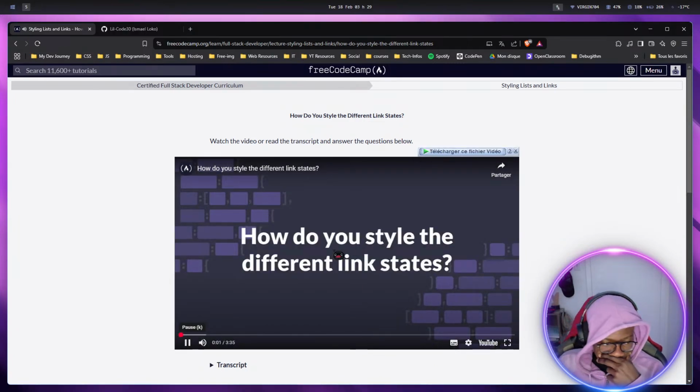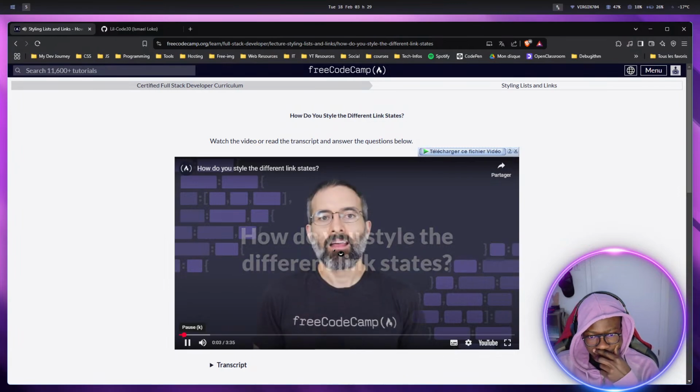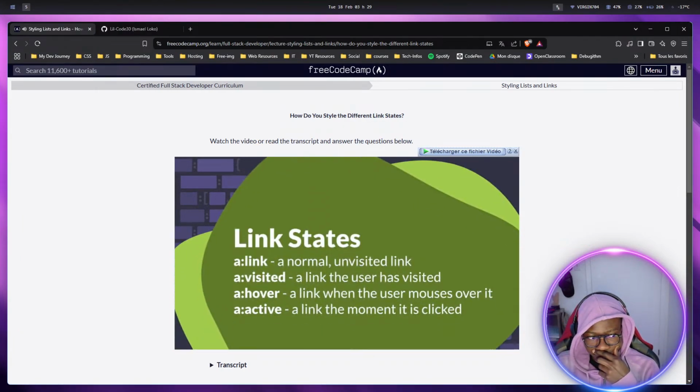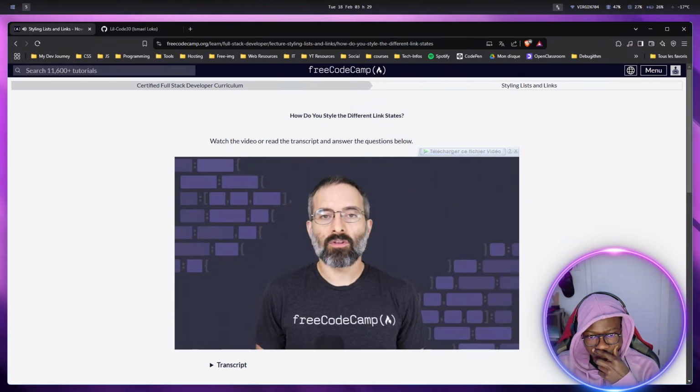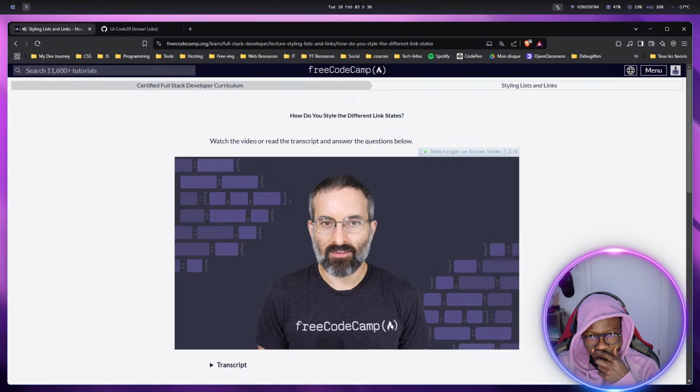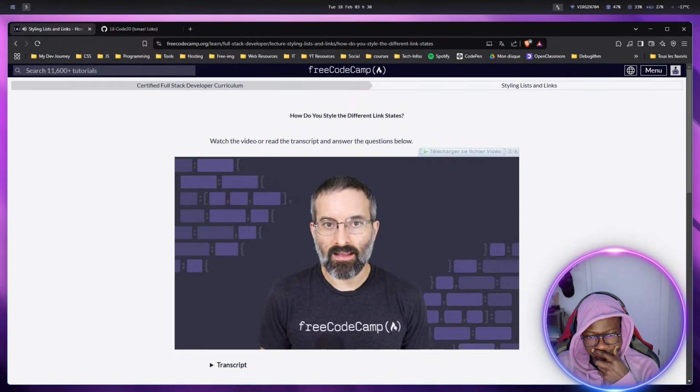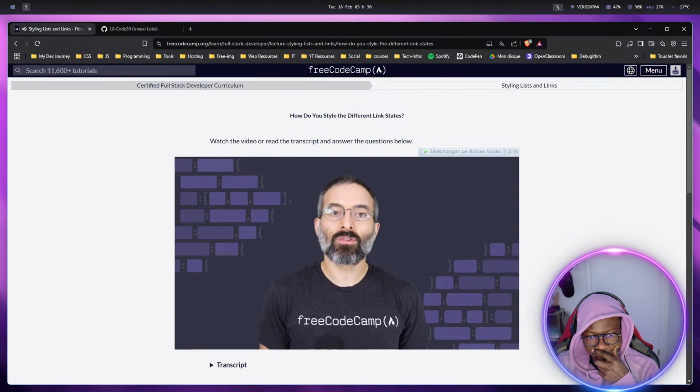How do you style the different link states? There are different states of a link, including link, visited, hover, focus, and active. These states are important for helping users recognize links and providing clear feedback after interactions, which improves both usability and accessibility. Styling these different link states is important for usability and accessibility, as it provides visual cues about the current